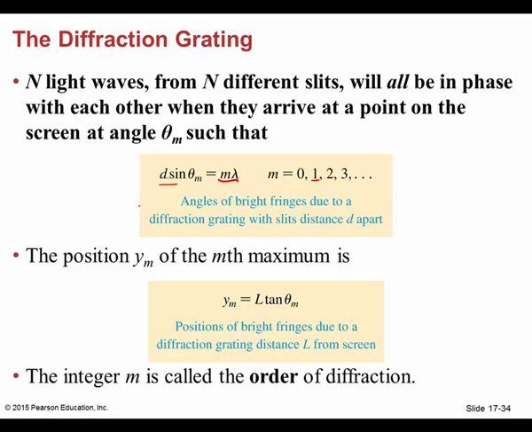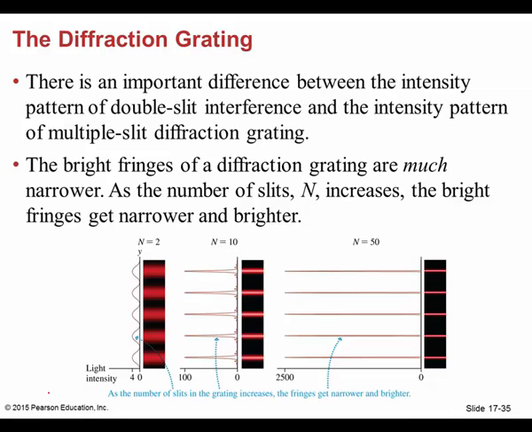All right, same way with y. Notice it changes a little bit. However, we use what? Tangent of theta to find which particular maximum we're talking about and how far from the central maximum, okay? Because remember, y0 is the central maximum, and so if we want to find y1, y2, y3, then that's how we